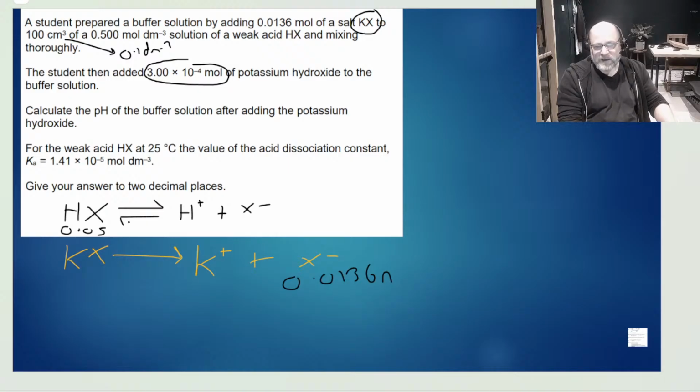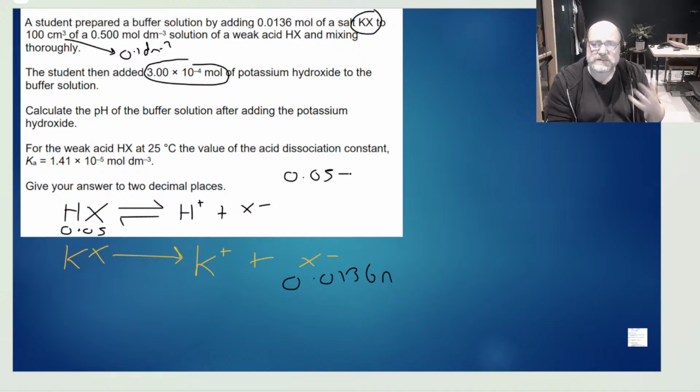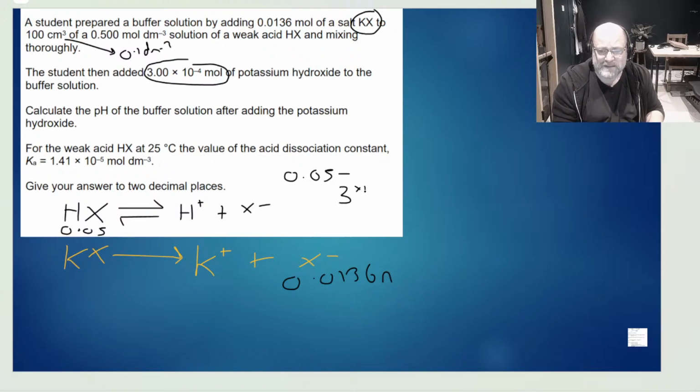So they've added 3 times 10 to the minus 4. So some of my acid is going to disappear. It's going to be neutralized by those hydroxide ions, because that's how it works as a buffer. So how much acid do I have left over? I'm going to go 0.05, take away 3 times 10 to the minus 4, and I think I'm going to be left with